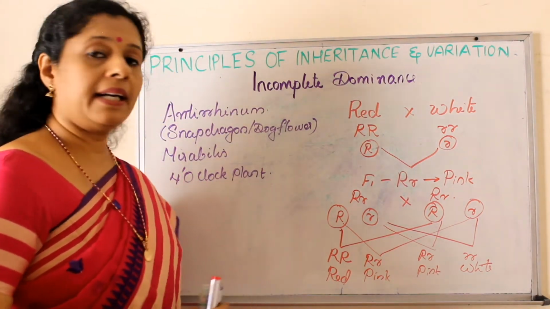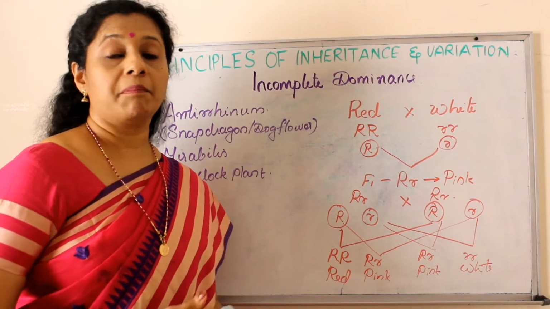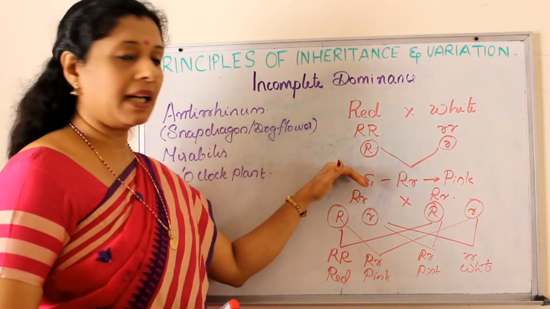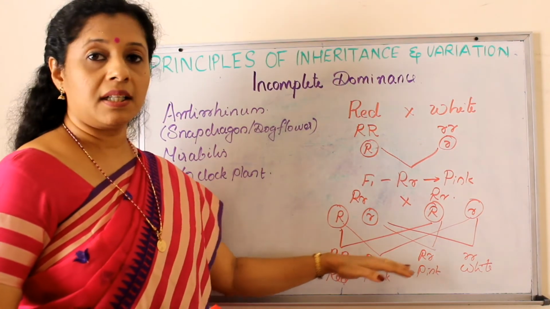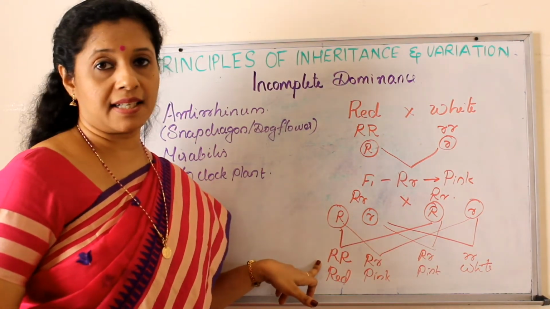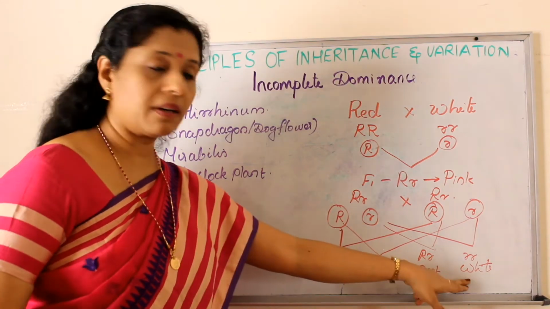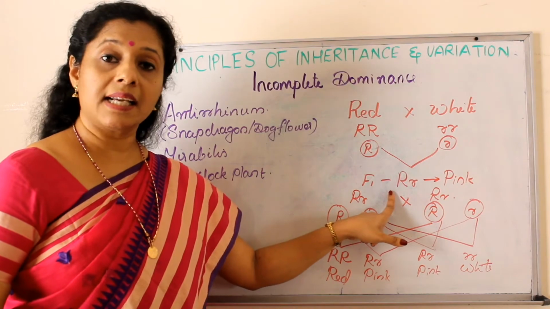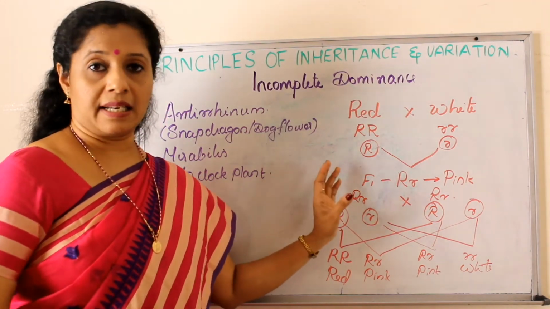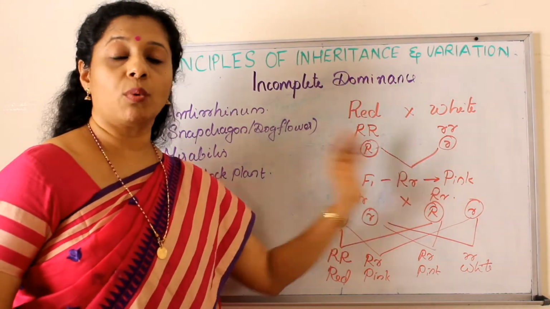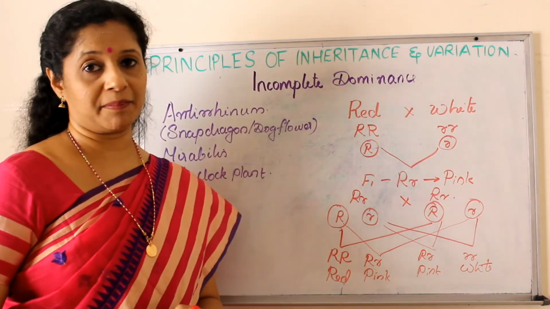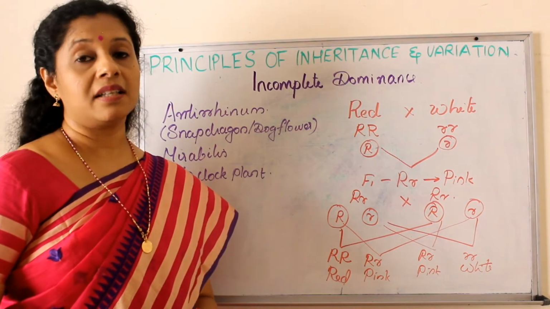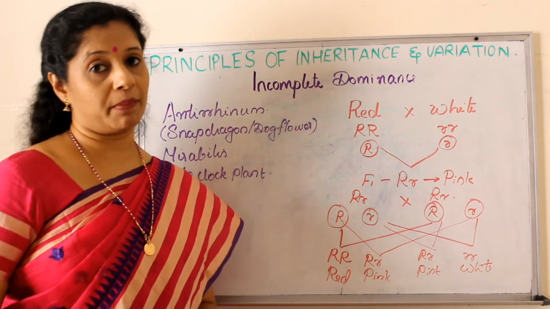It's not that red is mixing with the white to form pink. But how can we say that it is not blending? Because if this was blending, we wouldn't have obtained the red and white again in the next generation. Since pure white and pure red are there again, it means it was not blending. But here the reason is the capital R allele is partially dominant over small r, not completely dominant. Okay, so the expression is only partially dominant. This is called incomplete dominance.